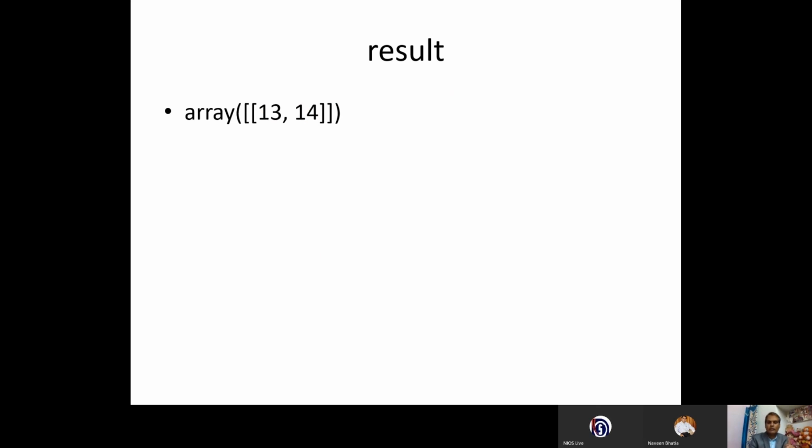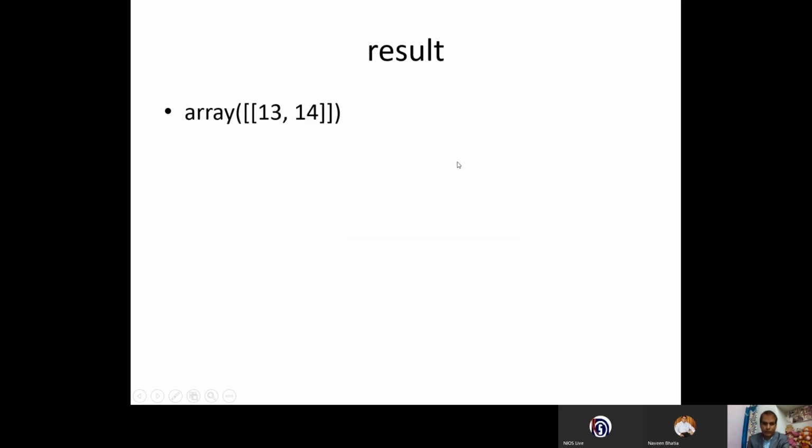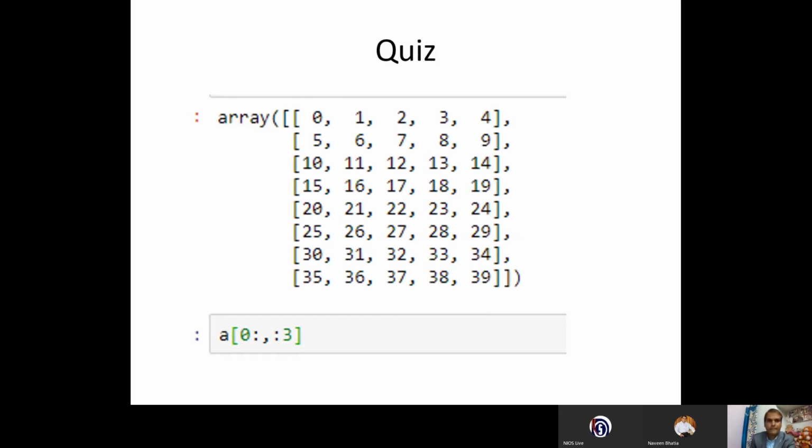Same. Right. I think you have calculated the same, the answer will be 13 and 14. Check out the 0th row, first row, second row. This is the second row. The upper limit will be ignored. Element number third: 0, 1, 2, 3. So the answer will be 13 and 14 only. No other values.